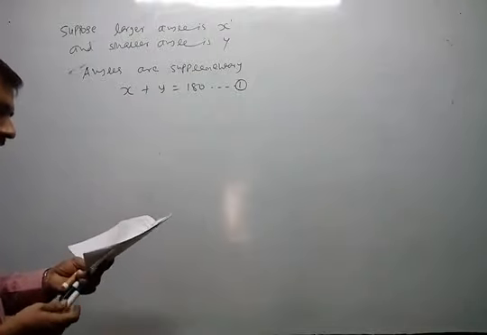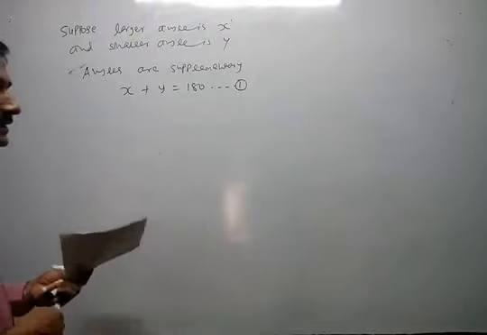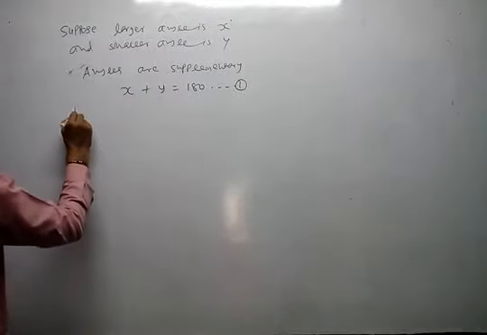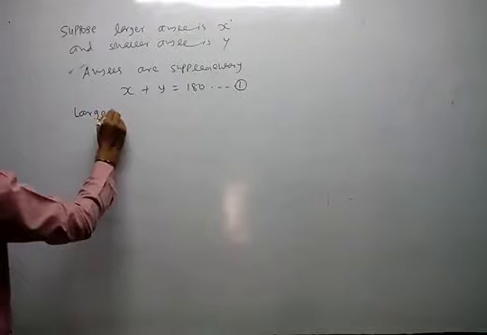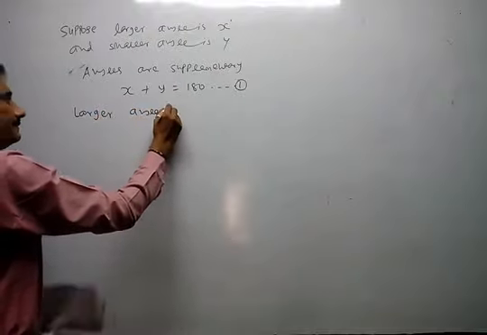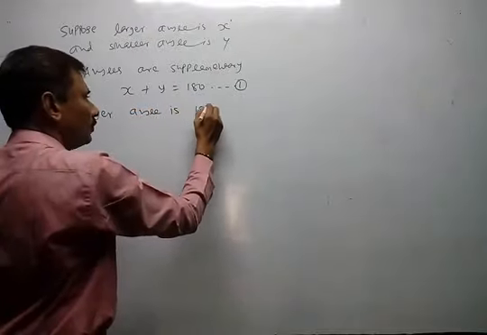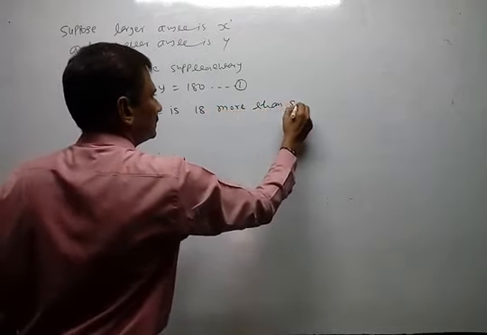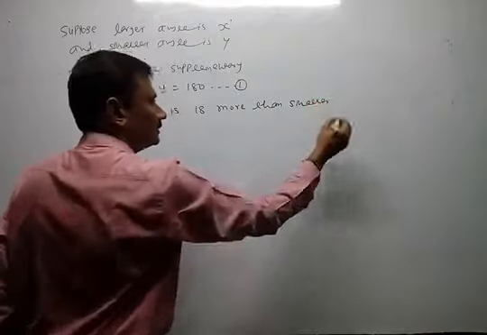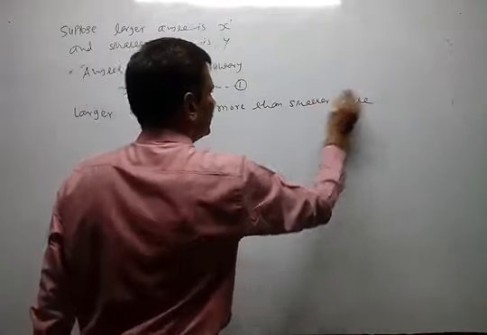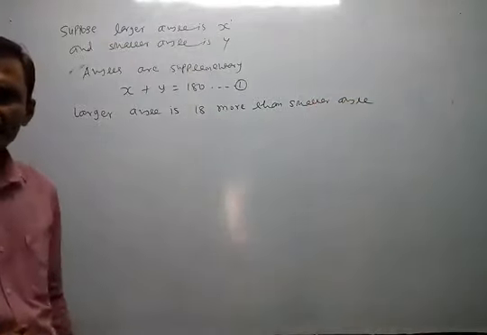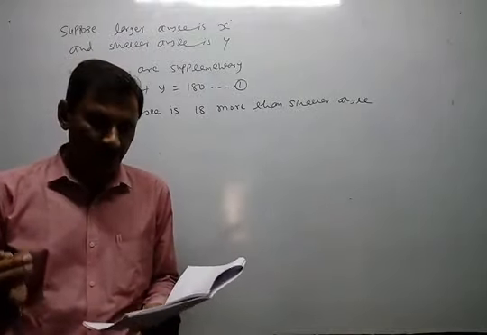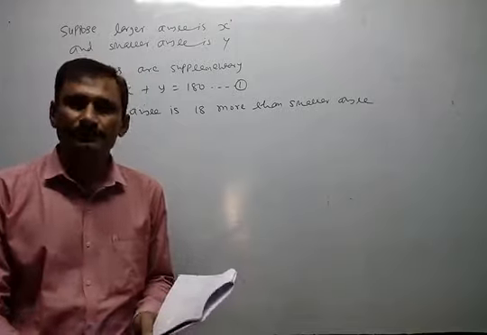The larger angle exceeds the smaller by 18 degrees. Exceed means more than. So I can write that statement simply like this: the larger angle is 18 more than the smaller angle. I just wrote that statement in a somewhat simple way. Exceeds means somewhat more, so the larger one is 18 more than the smaller one.